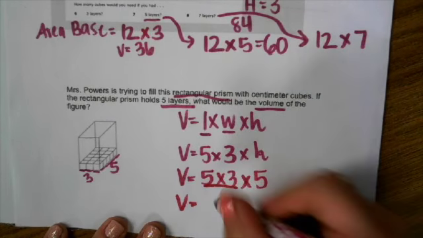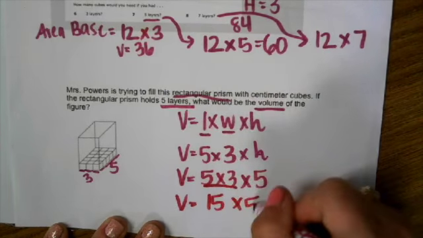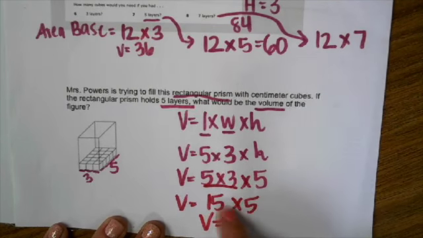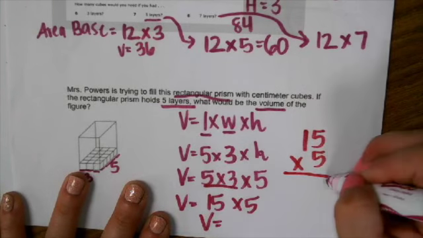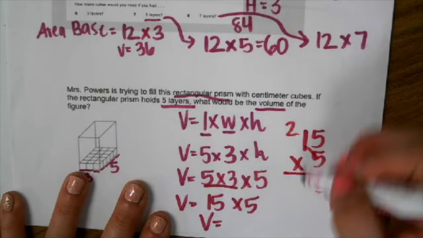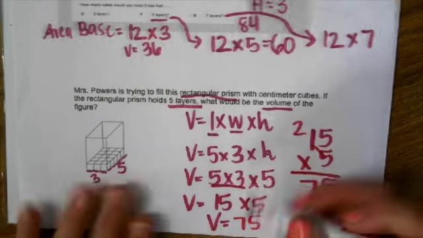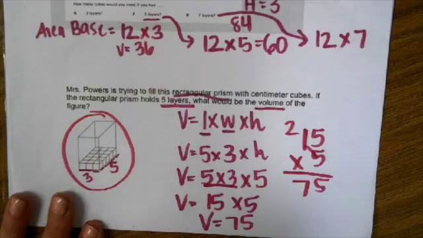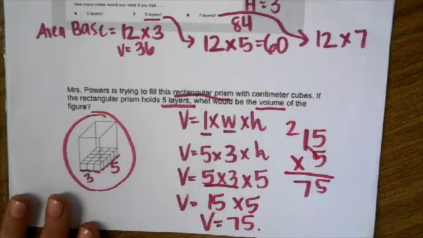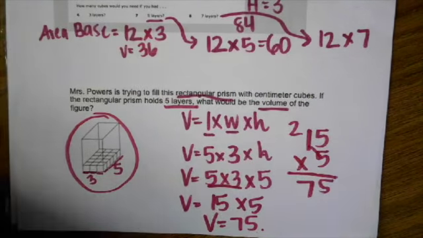So now I can just solve it. 5 times 3 I know is 15 times 5. So now I'm going to do 15 times 5. So the volume of this rectangular prism, if it had 5 layers stacked up with cubes, would be